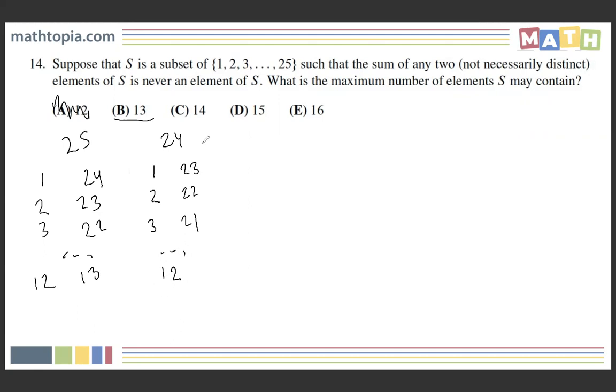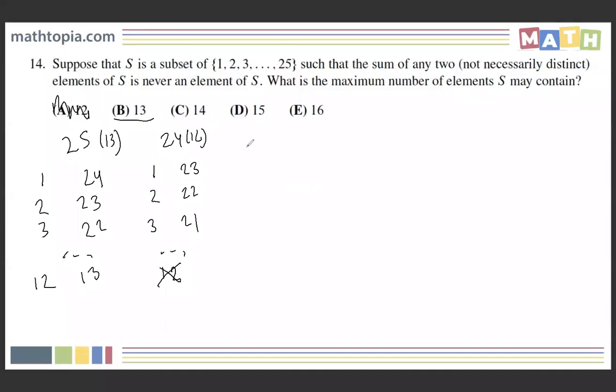And actually already, this is only 13 numbers, but we can go one step further and actually show that we only have 12 numbers in the set at maximum, because including 12 would lead to a contradiction immediately, because 12 plus 12 is just 24, right? So actually, here we only get 12,